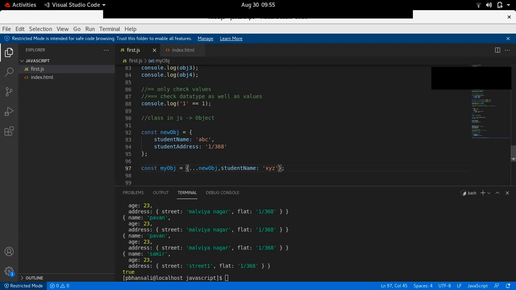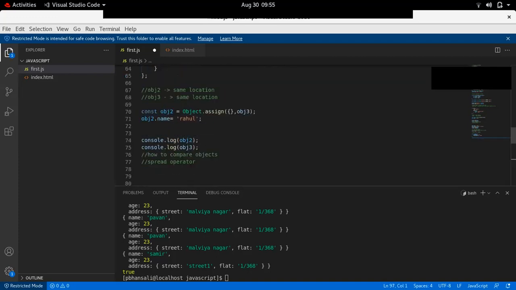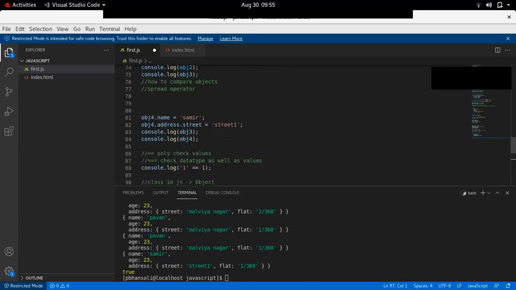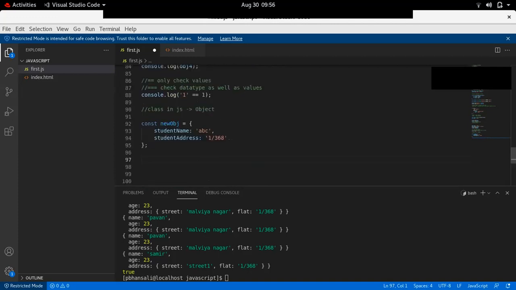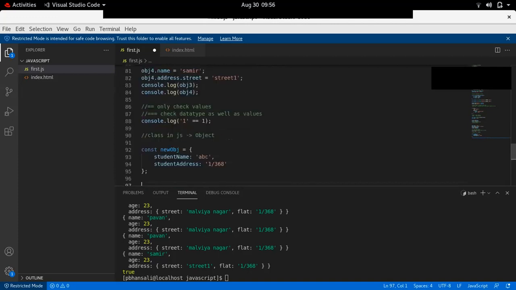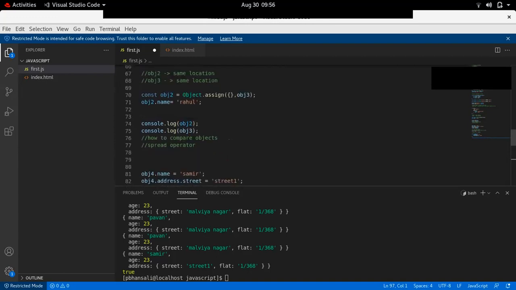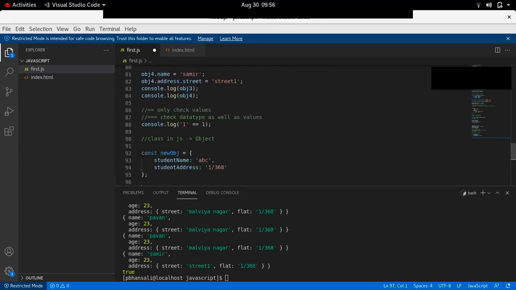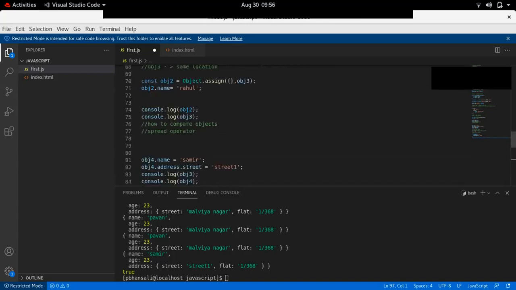Now, suppose I go to the same example, object 2 and object 3. So now instead of object dot assign, instead of JSON.parse and JSON.stringify, I want to make a new object out of object 4.